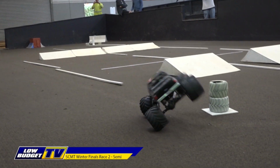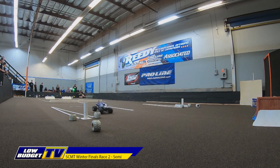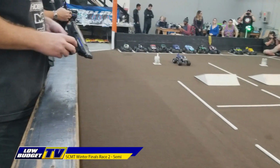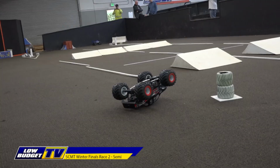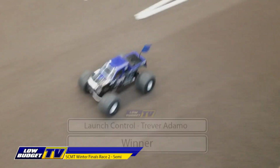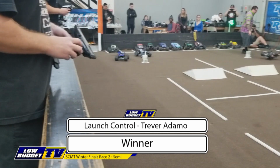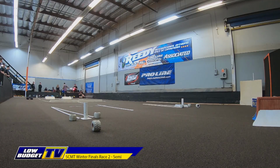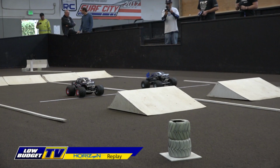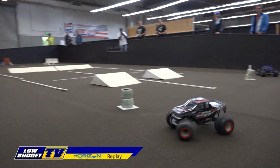Oh! So that brake zone, Tommy, when you get on the nose, it could be lights out if you do not get off the brakes quick enough. Yeah, this carpet track is just fighting people left and right, like we expected. We talked about this from earlier in other episodes, how the carpet track can bite you. Trevor Adamo, he's got it figured out, or he's just got a more patient throttle finger. As we take a look at the replay,